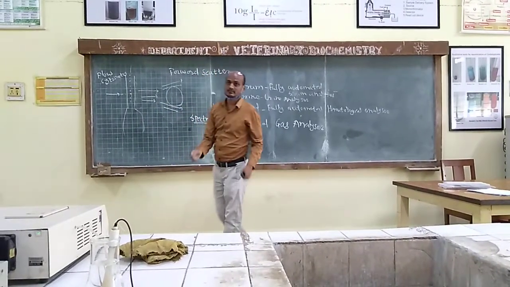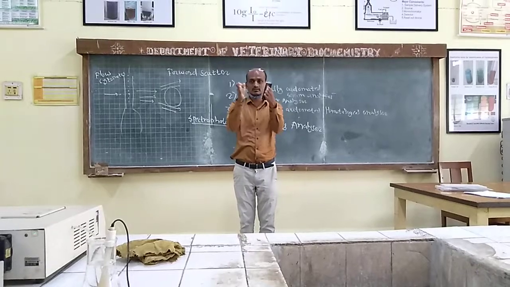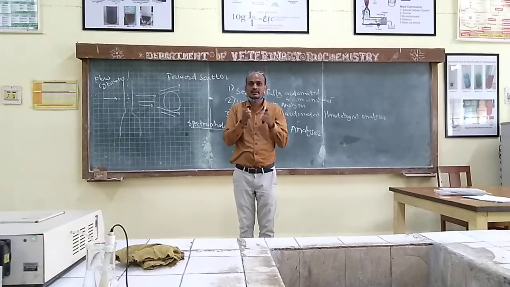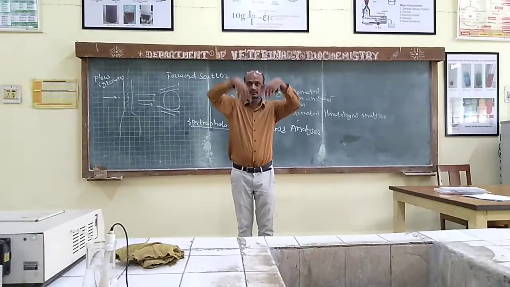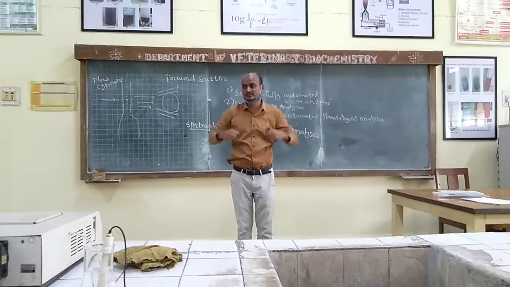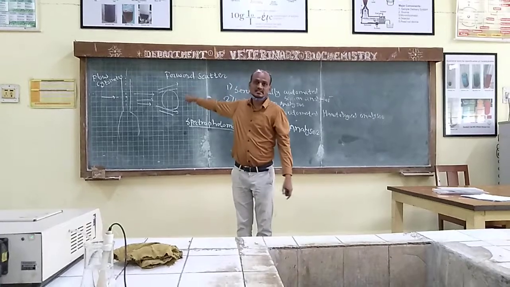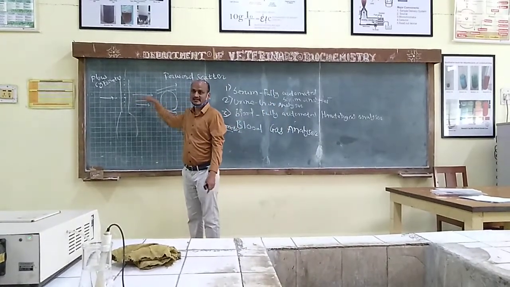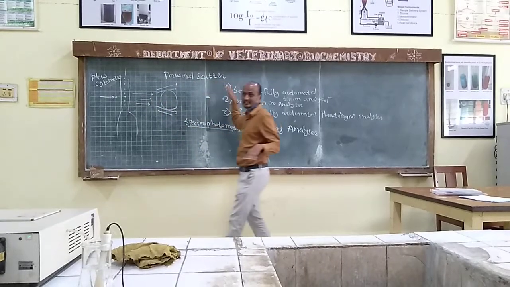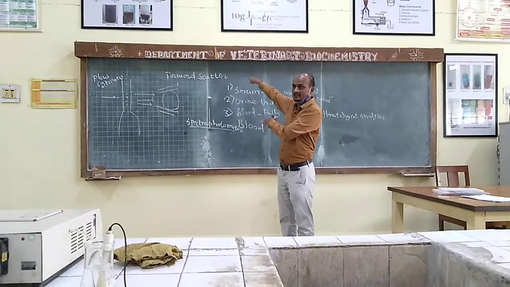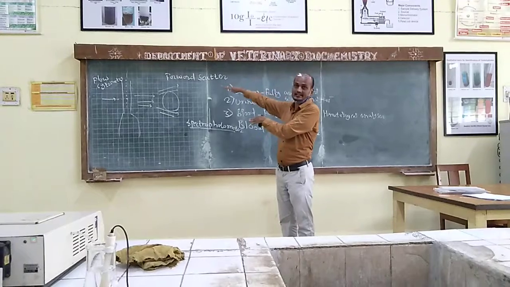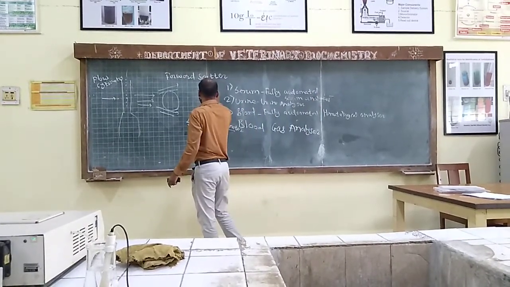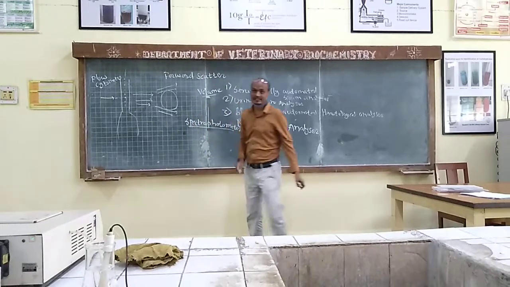Forward scatter is there. So for example, one person is standing, we are passing a torch on him. Now his shadow will be at the back proportional to the size of that person, right? So a similar principle applies here. We have a single cell here. We are trying to maintain the single cell. We are passing the light, and now it is getting scattered in the forward direction. From the forward scattering, we can determine its volume. Volume of the cell we can determine.